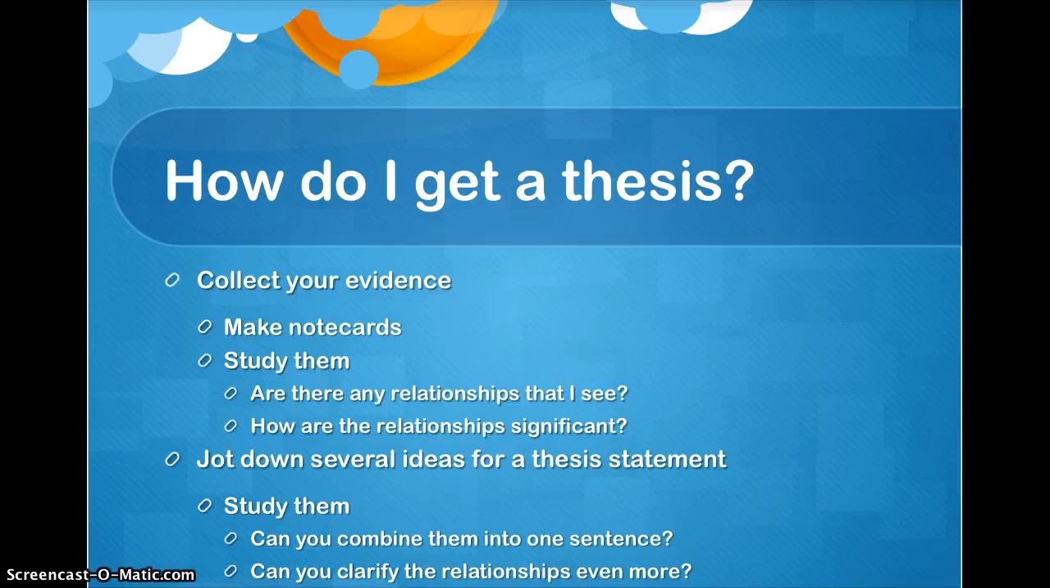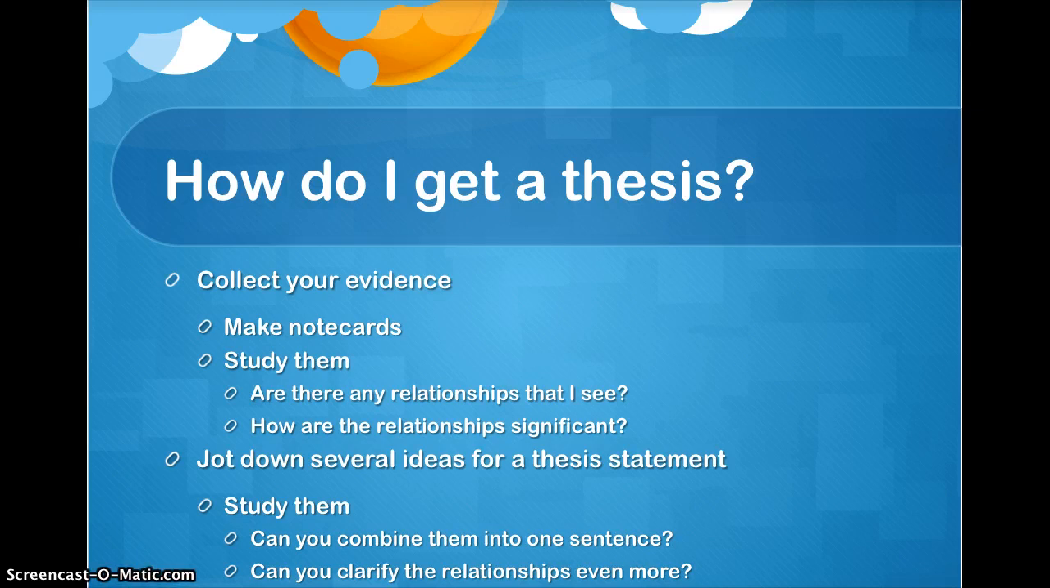The next thing you need to do is jot down several ideas for your thesis statement. What I like to do when I'm studying things, so let's take Christianity for example, is write down: they have one God that's in three parts. The people worship and they pray and they sing when they go to worship. They follow the prophet Jesus. Things like that, so that I can